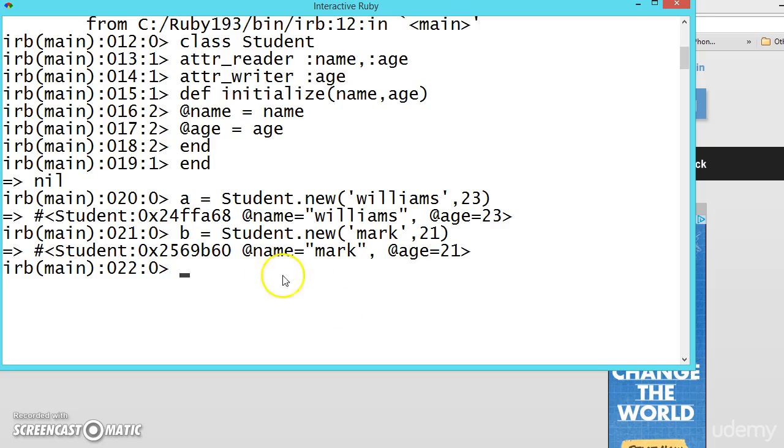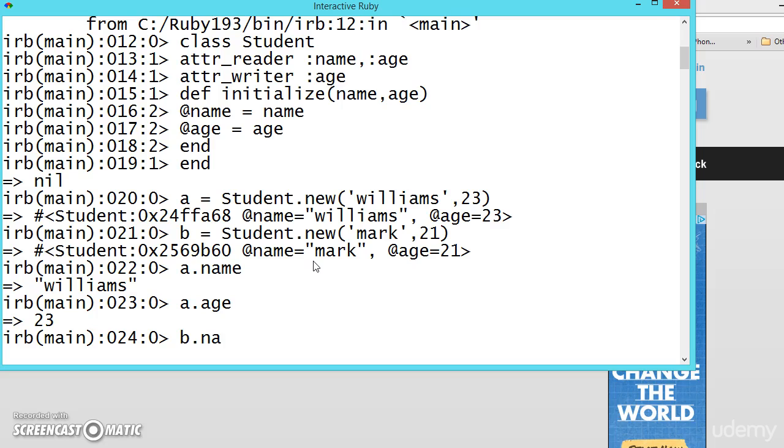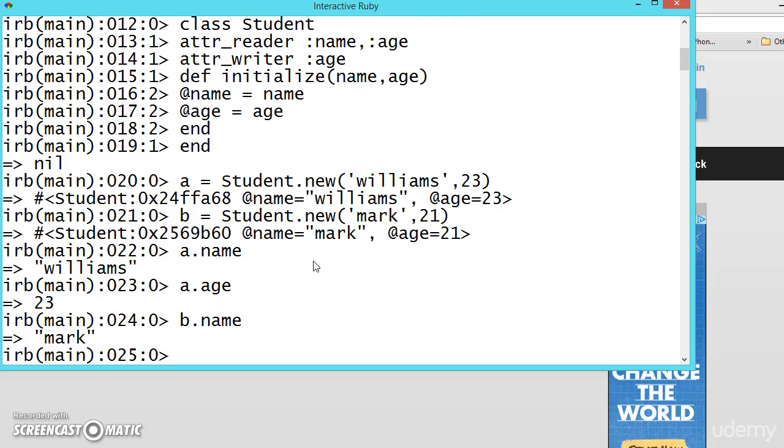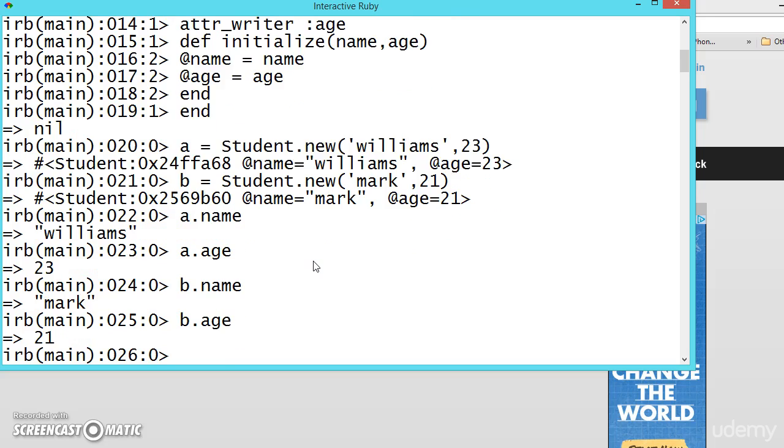So what can we read? We can read the name and age, like a dot name, a dot age, b dot name. What is b dot name? What is b dot age?